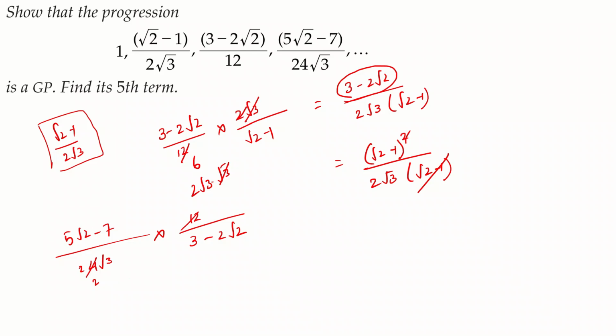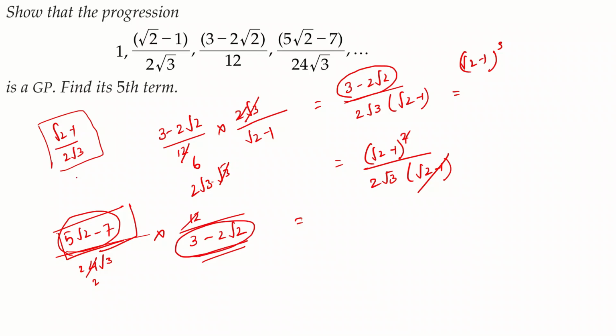I already know that this 3 minus 2 root 2 is root 2 minus 1 the whole squared, so I definitely should be getting 5 root 2 minus 7 to be equal to root 2 minus 1 the whole cubed. So you just verify somewhere in the rough whether root 2 minus 1 the whole cubed is turning out to be 5 root 2 minus 7, because it's only then that these two will cancel out to give me root 2 minus 1. So it has to be root 2 minus 1 the whole cube, because this is already root 2 minus 1 the whole squared, and we already know that we want it to be something like this. So this is some sort of cheating that you can do in the examination, because you already have the